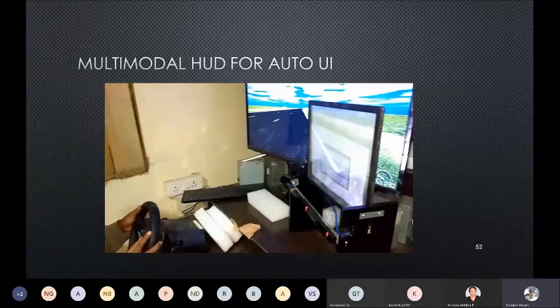So we'll have a separate lecture on eye gaze tracking, eye gaze controlled interface. And here we set up a semi-transparent sheet or see-through sheet through which you can see what is going on behind. So it is kind of working as a windscreen. And this particular user interface you can control by looking at it.